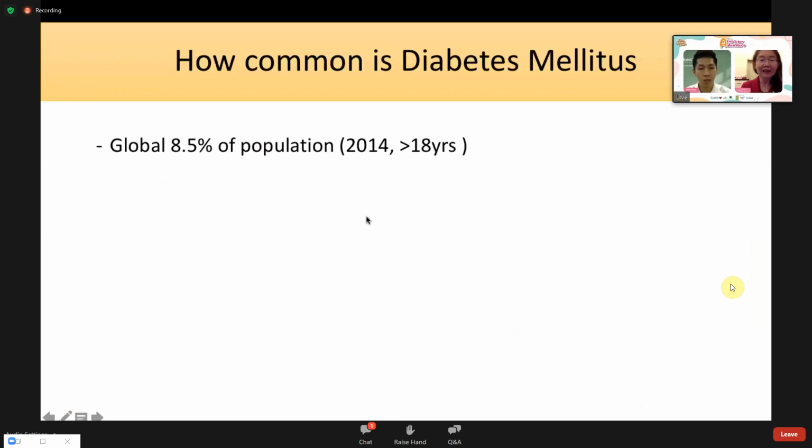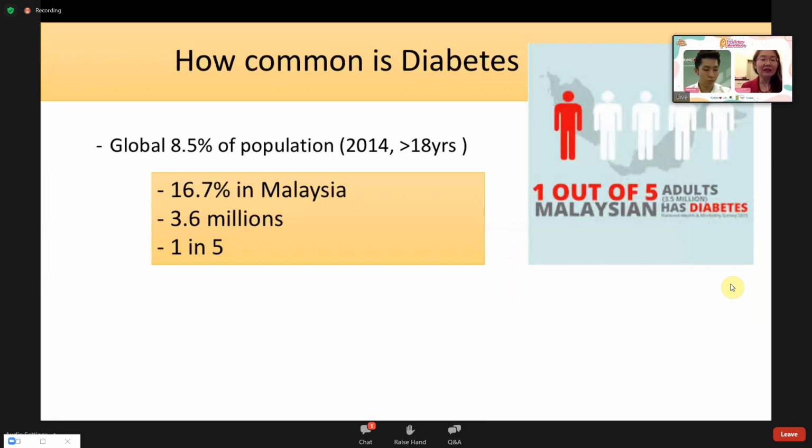look at how common is diabetes. Globally it is about 8.5% of the population, roughly 1 in 10 people in the population have diabetes. But let's look at Malaysia. It's about 16.7% in Malaysia according to data for people who are more than 18 years old. And if you do a short calculation, it's equivalent to about 3.6 million of our population having diabetes,